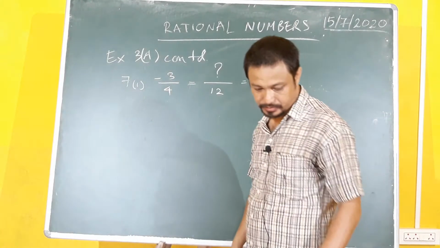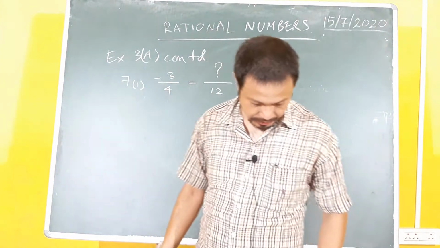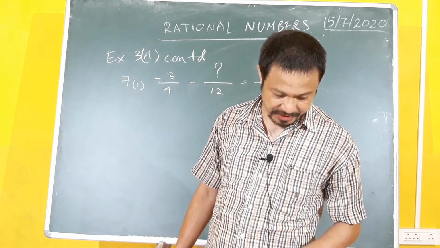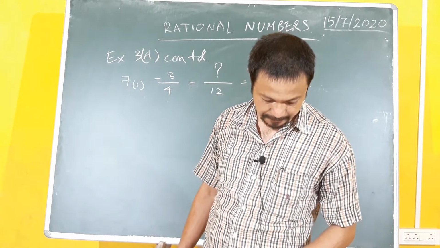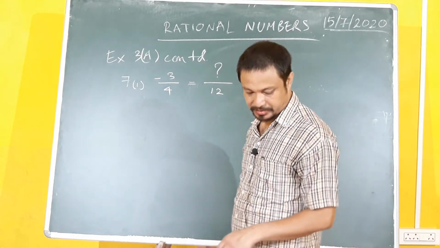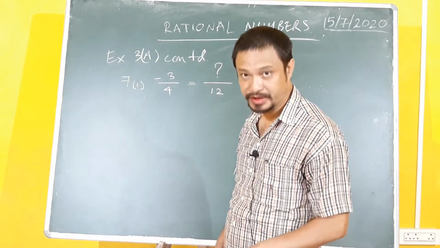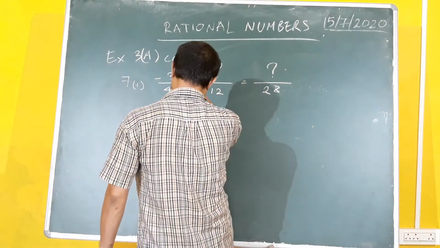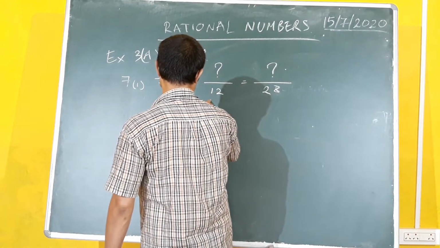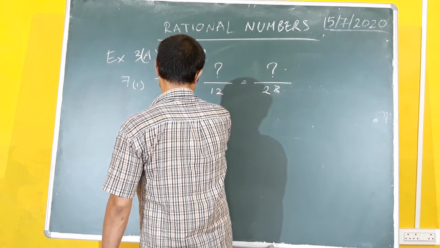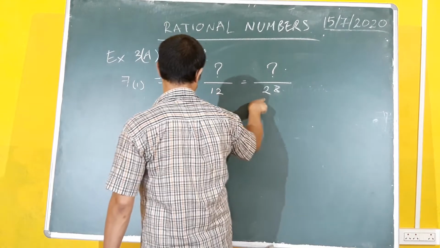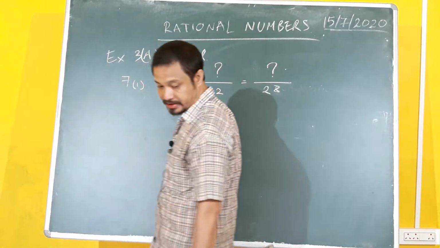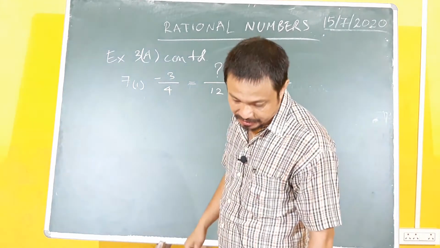Okay. So if you look at it, your clue that is given out there is the denominator, that is 4. And if you look at the next two denominators, that is 12 and 28. If you have got your tables up to date, you can see that this is getting multiplied. 4 into 3, 12, 4 into 7, 28. So whatever you're multiplying the denominator with, you have to do the same thing with the numerator.